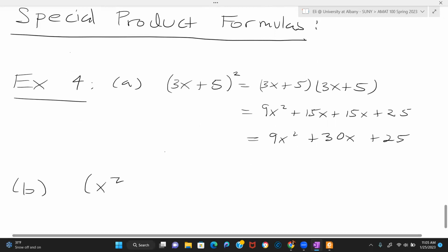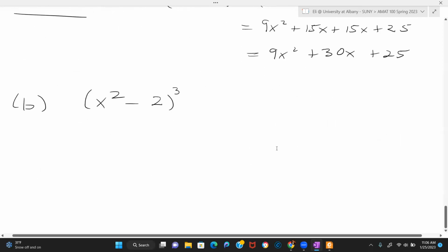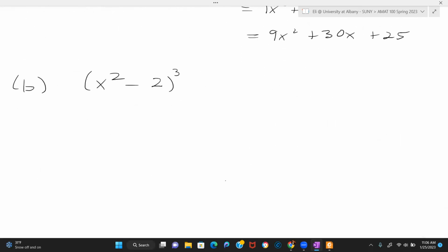So you have x squared minus 2, cubed. So this is the cube formula. Let me write that down right below it. So we have our pattern: x squared minus 2 cubed. This is actually formula 5 on that table I showed you. So this one says that if you have something of this form, which we do, it's going to be